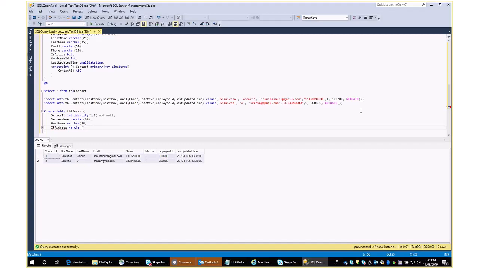Okay, let's take only 15 for the IP address, and